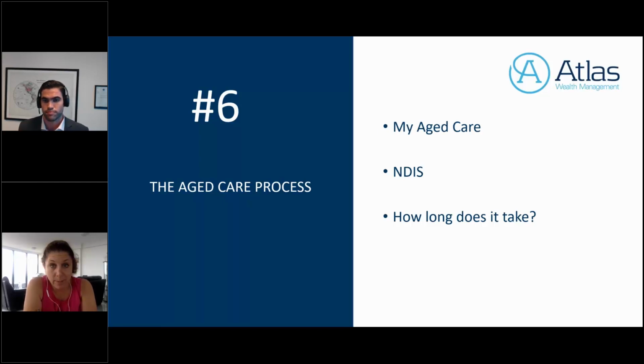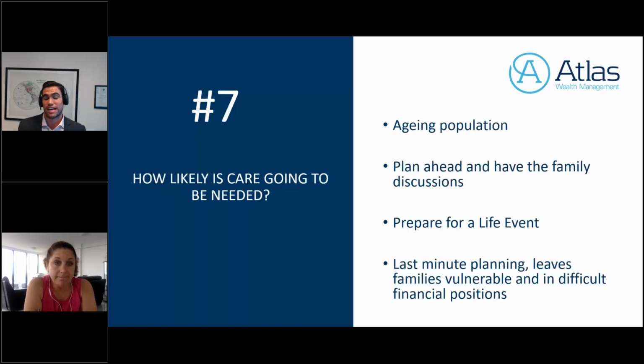So that's why I always say to people, don't just plan ahead for retirement, plan ahead for your aged care as well. It's really important. And I think this slide sums it up pretty much perfectly, and we pretty much just touched base on it. Essentially, aging